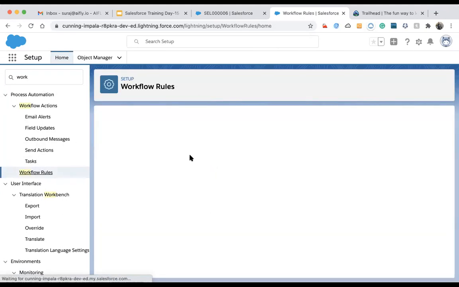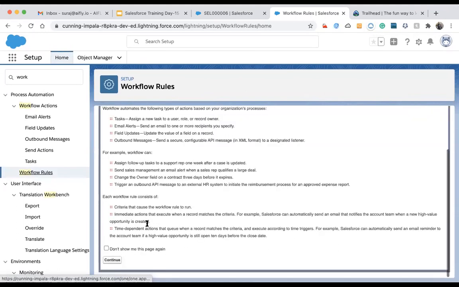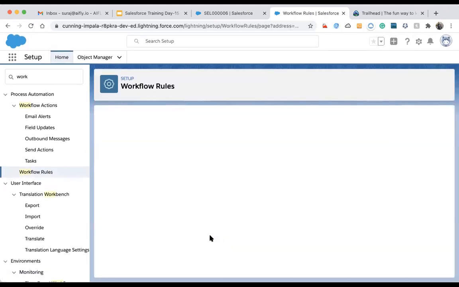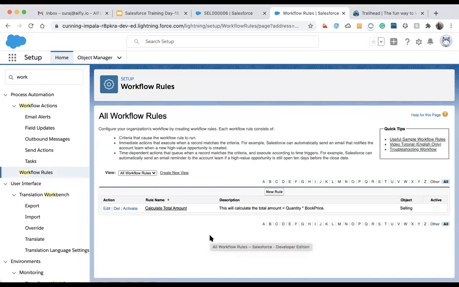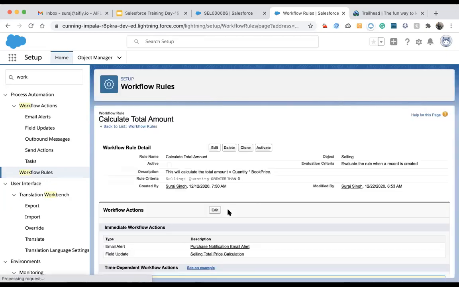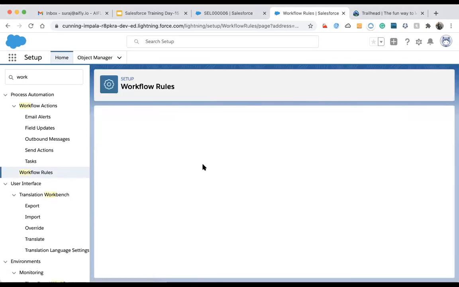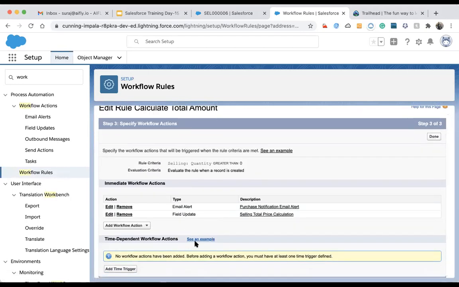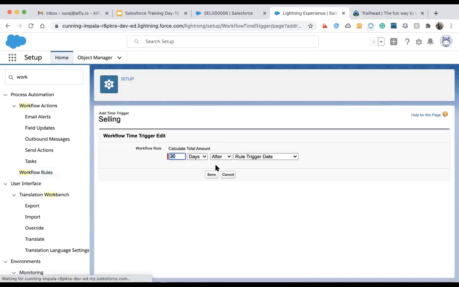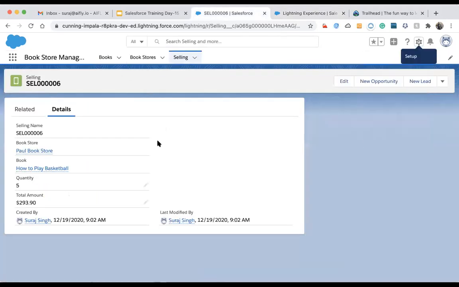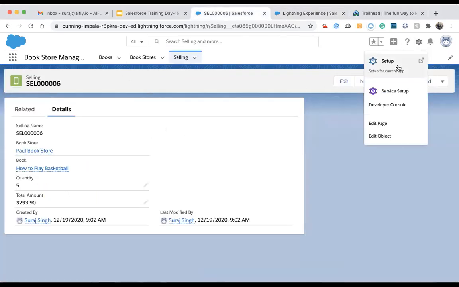But you should know why we are designing that thing. So whenever we have a requirement to schedule some action, so that it will send an email or do something in the future, these kinds of requirements are done by a time-based workflow. In this, we just come here and add a time trigger, say 30 days after the... let's add one more field over here, selling date or due date. Let's add a field called due date.